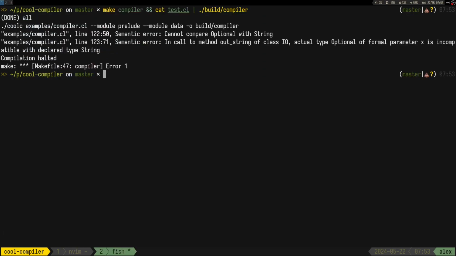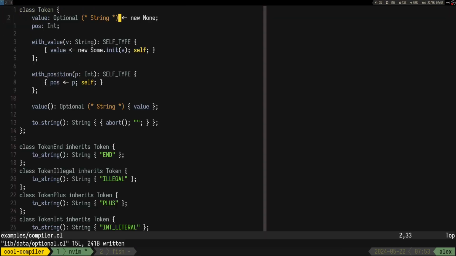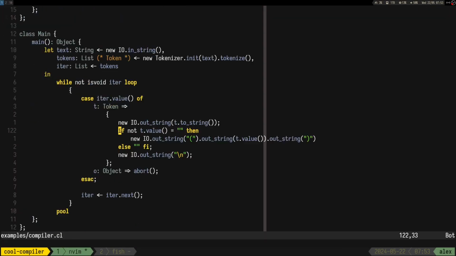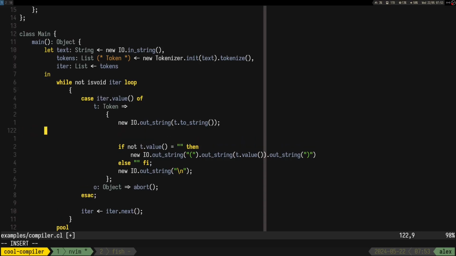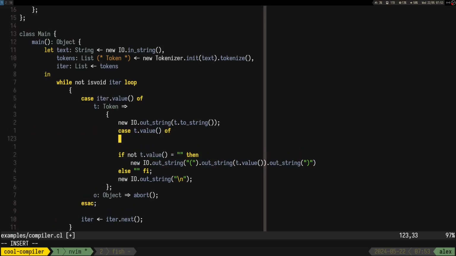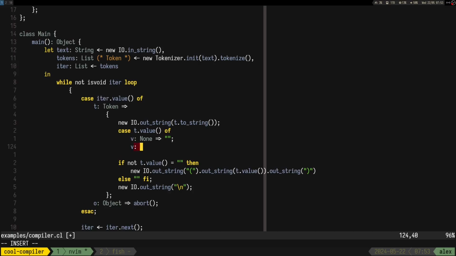Okay, perfect. So now we have some semantic errors. 122. So here, for example, value is gonna be optional. So instead of this thing, we can do a match, or I guess a case. Case the value of, and here we have value being none when we don't do anything, and value being some value.